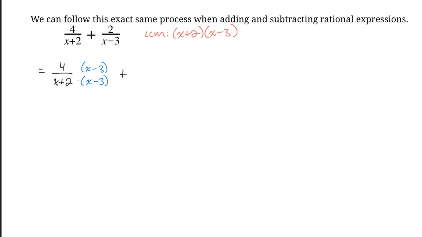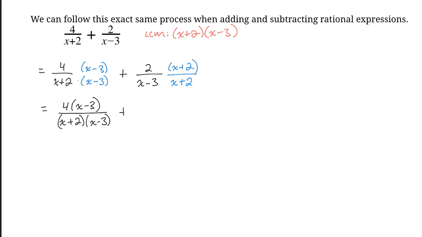And then if we're looking at our second rational expression, we have 2 over x minus 3. We're just missing that x plus 2, so we want to multiply both the numerator and denominator by x plus 2. So when we actually do that multiplication, we're going to get 4 times x minus 3 over x plus 2 times x minus 3. And then we're going to add 2 times x plus 2 over x minus 3